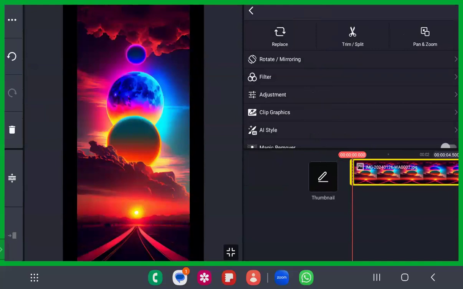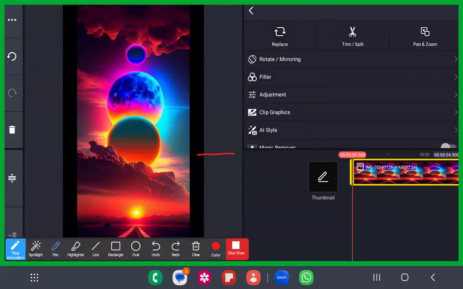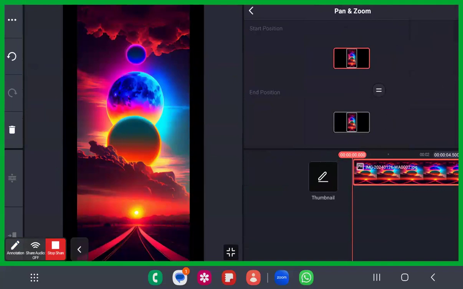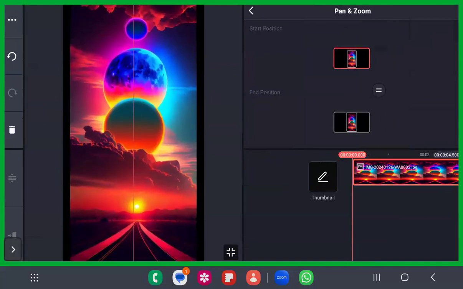Usually in a Quranic video there will be a serene atmosphere. For that, what they actually do is, for example, this is the image that you have. What do you have to do here, dear sisters and brothers? Does it fit properly? No, you have to make it appear good. So go to the pan and zoom option. Just increase its size.